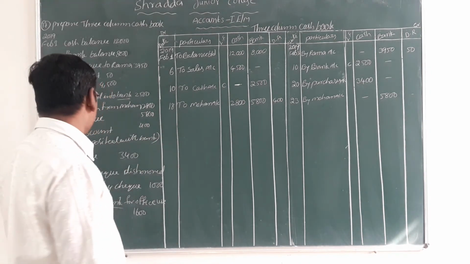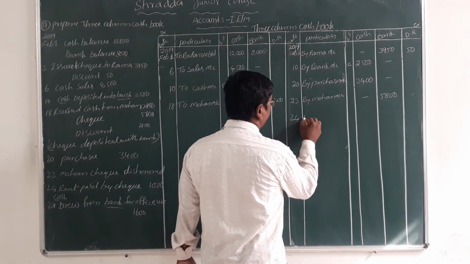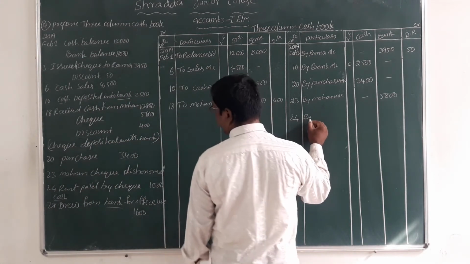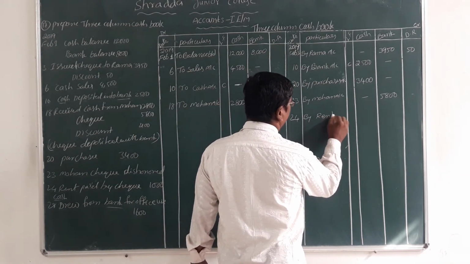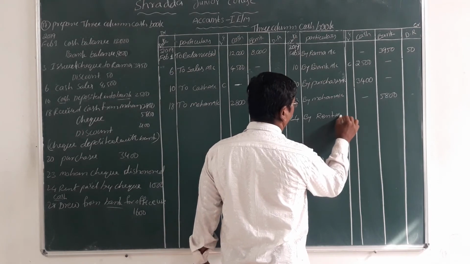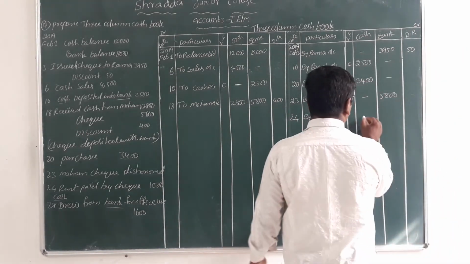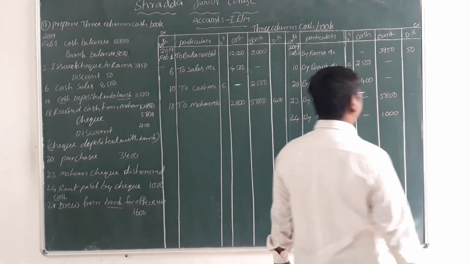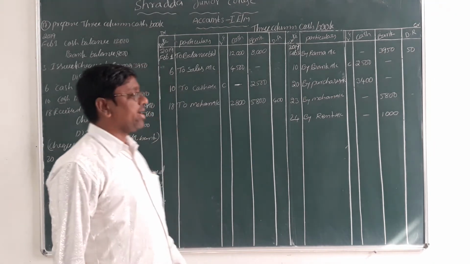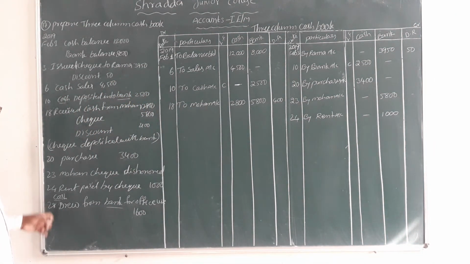Okay now. So now let us write on 24th date, by what is that? Rent account. We paid rent now. That's why rent account. What is the amount of rent? 1,000 rupees. That is a check payment. That's why we record into the bank column. We record into which column? Bank column. That is it. It's clear now. Now finally 28th date.